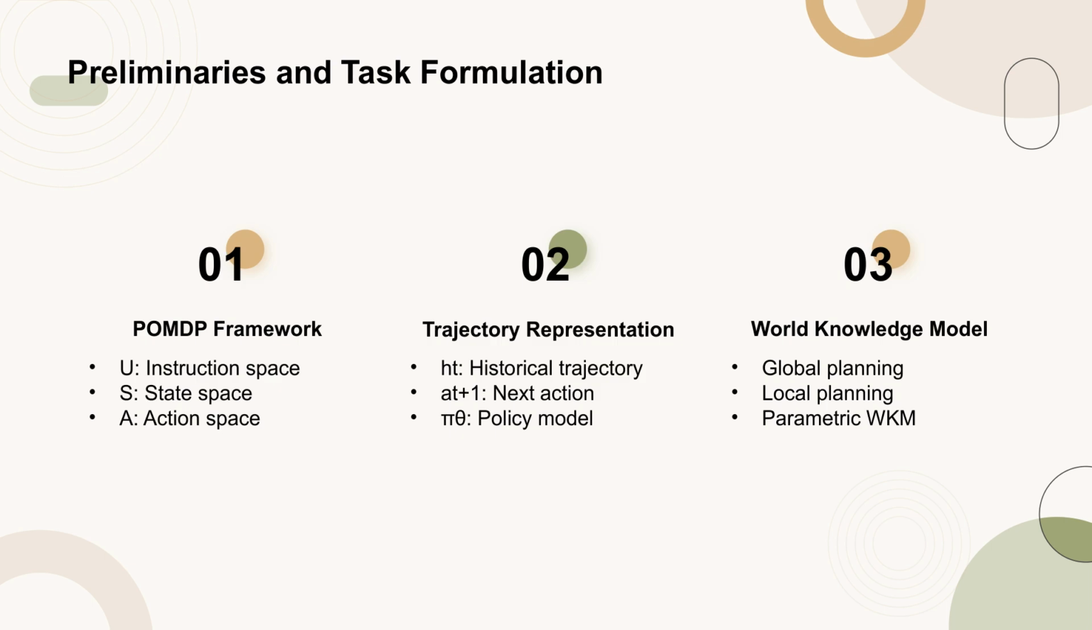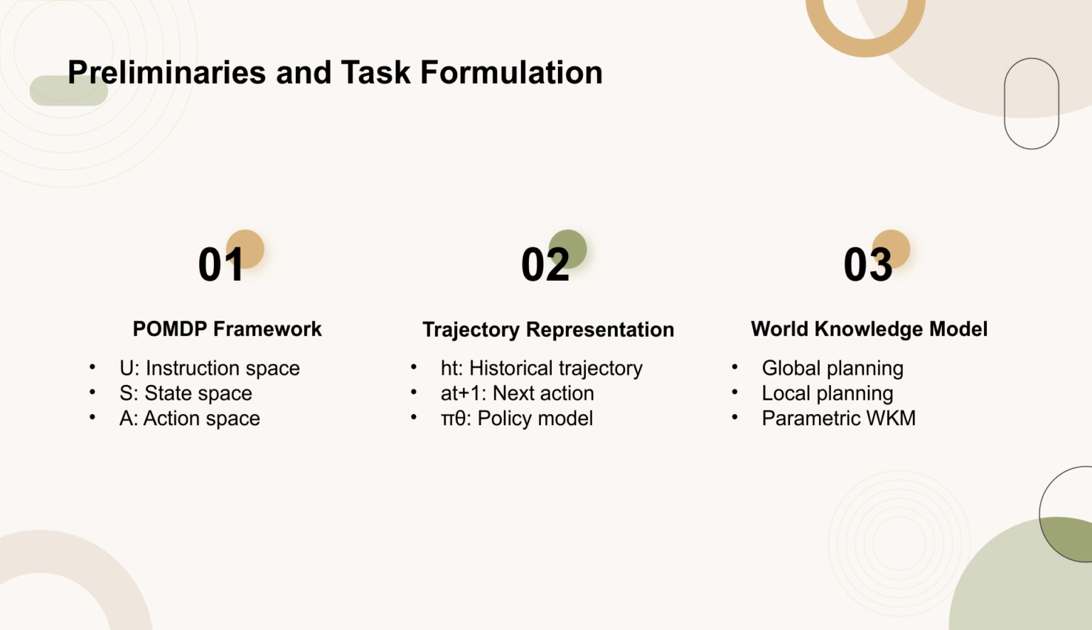In this section, we introduce the partially observable Markov decision process, POMDP, framework used to model the interactive tasks. The POMDP is defined by the instruction space U, the state space S, the action space A, the observation space O, and the transition function T. The historical trajectory h_t at time t is represented as a sequence of actions and observations. The policy model pi theta generates the next action a_{t+1} based on the current trajectory h_t. The world knowledge model, WKM, is introduced to enhance agent planning by incorporating both global and local knowledge, addressing issues